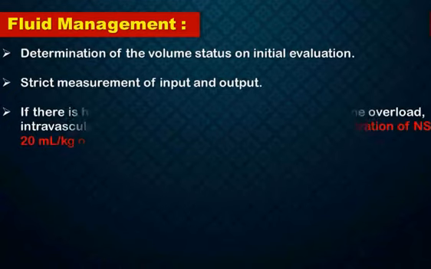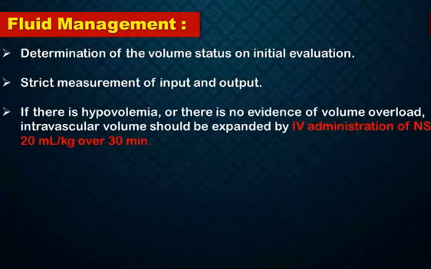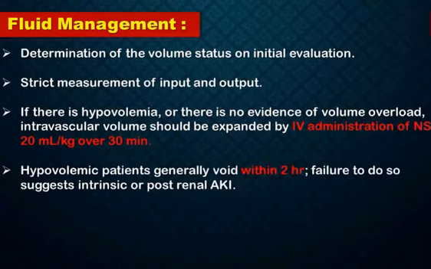So if there is hypovolemia, we can give a bolus of normal saline, 20 ml per kg, over 30 minutes. And the boluses may be repeated more than one time. If the patient is hypovolemic, there are pre-renal causes, so he will void within 2 hours. But if he fails to void,